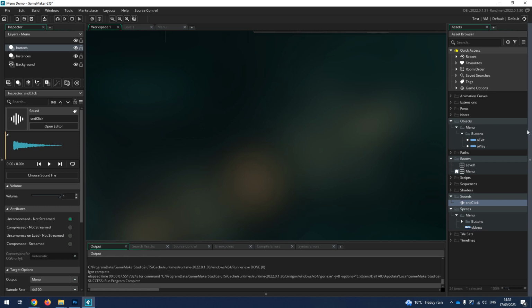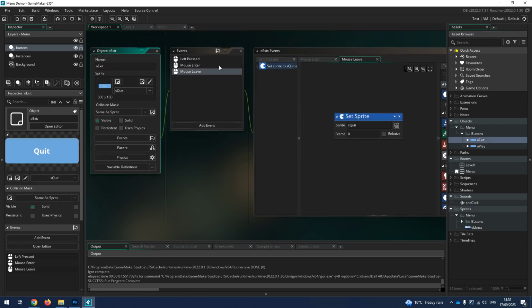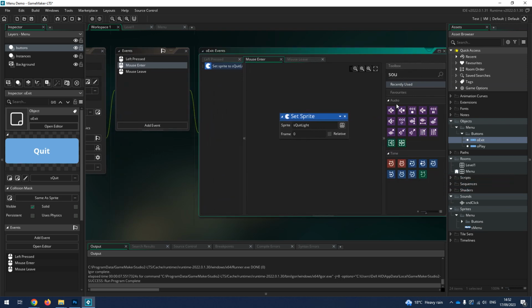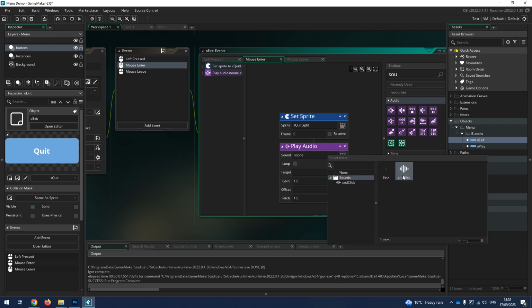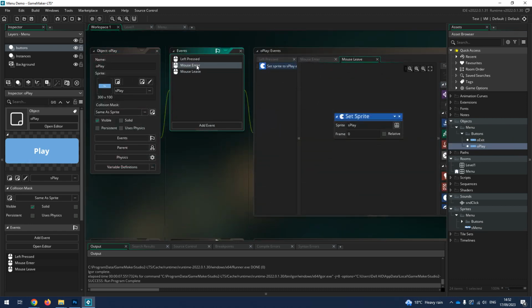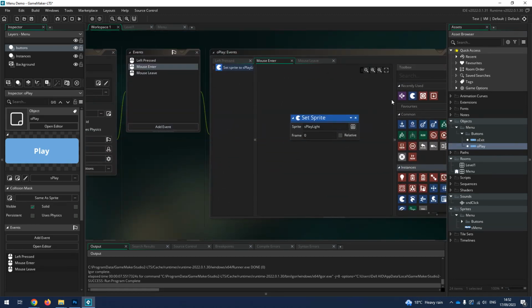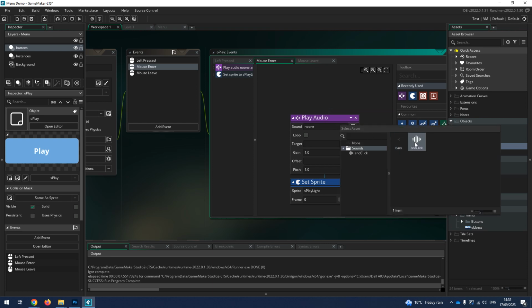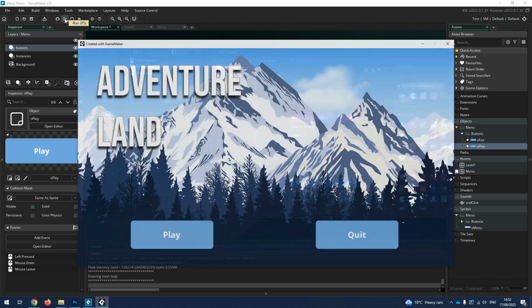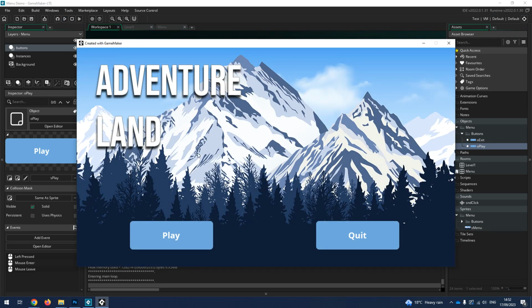That's good. So what do we do? Very simple. When we do the mouse enter, what I'm going to do is I'm going to look for the sounds, which are purple. So you can see there, play audio, SND click. Let's do the same then for the O play, where mouse enter. And then let's play that. Let's try it. Okay, so if we hover over,